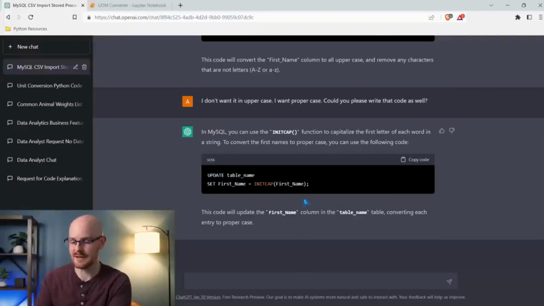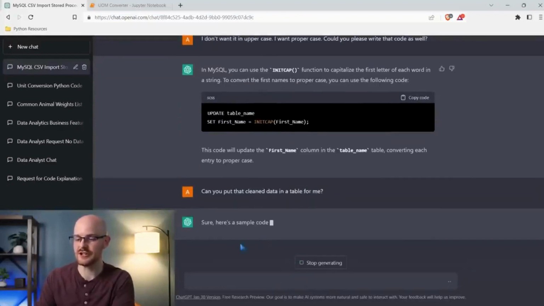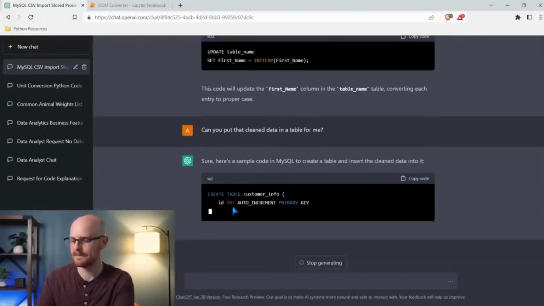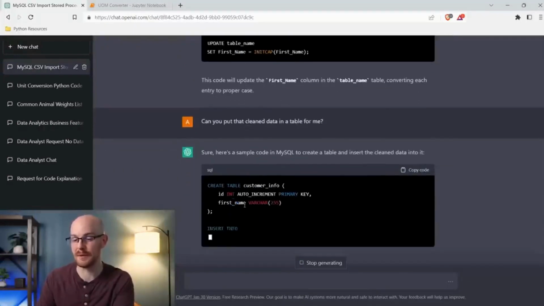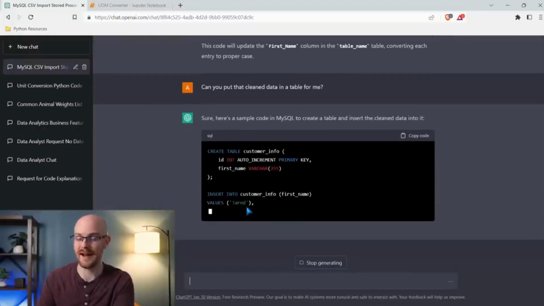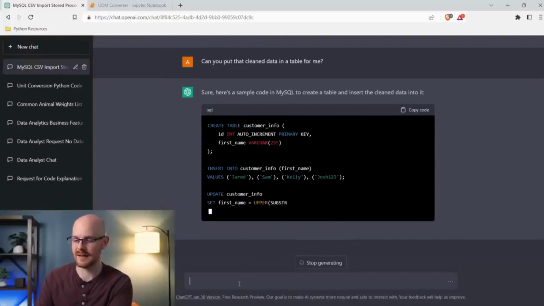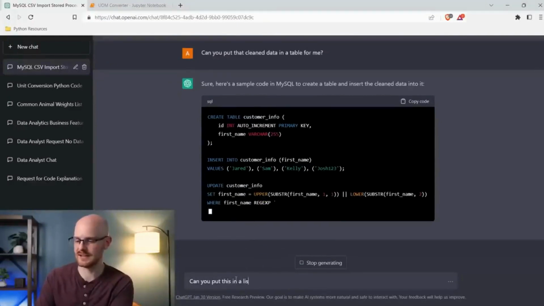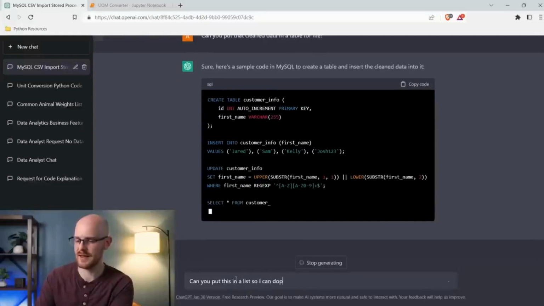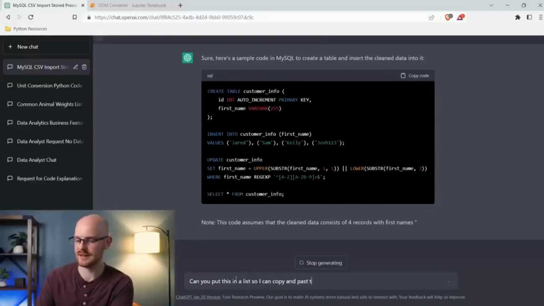And now what I'm going to do is I'm going to say, can you put that cleaned data in a table for me? And it's going to actually generate this and create a table for you to copy and paste. And it's actually creating the table. That's not what I wanted. If I'm being honest, I wanted it to create just a list for me to copy and paste. So I'm going to say, while it's generating it, can you put this in a list so I can copy and paste this